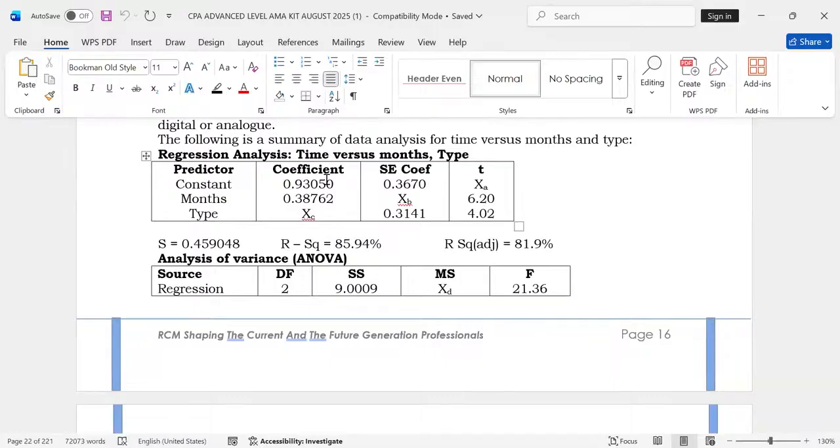Remember that a is the constant coefficient. This one here, 0.93050, plus b1, the coefficient of x1, which is 0.38762 x1 plus